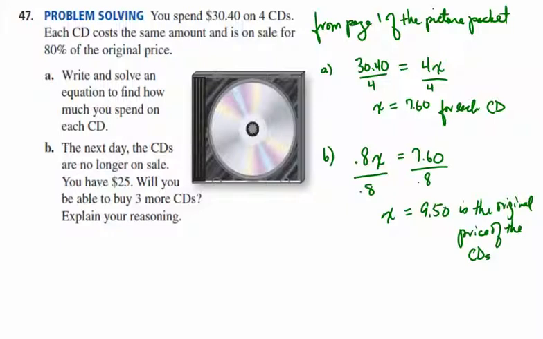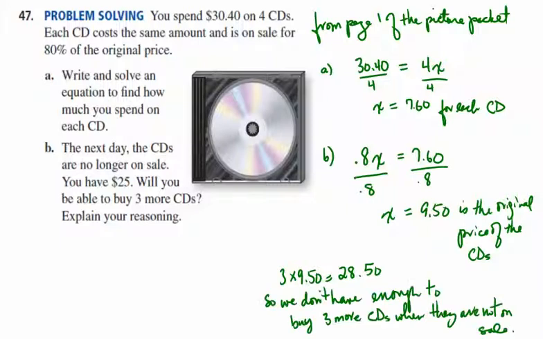Now, we want to know if we have $25, can we buy 3 more CDs? Well, 3 times $9.50 is $28.50, and so we are not going to have enough money to buy 3 more CDs when they're not on sale. And that's going to do it for this problem and for this set of